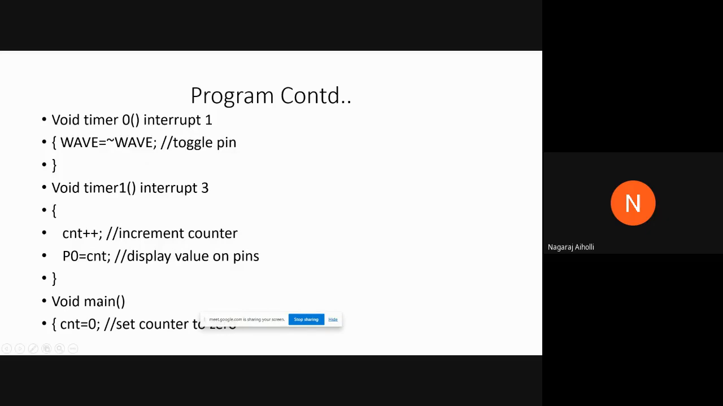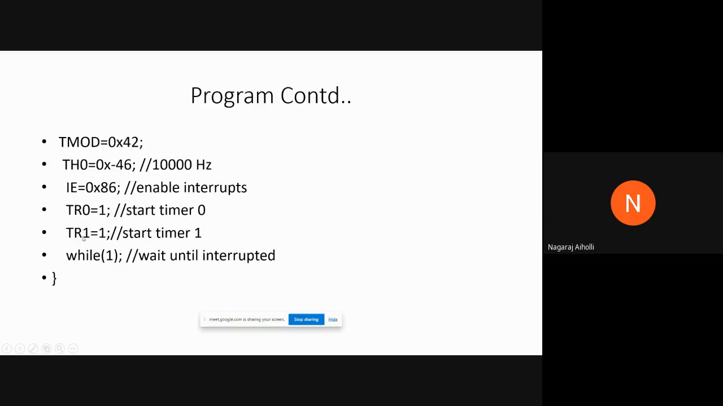count is equal to 0. Set counter to 0 first. Initialize the counter in the main program. TMOD is equal to 0x42. That is